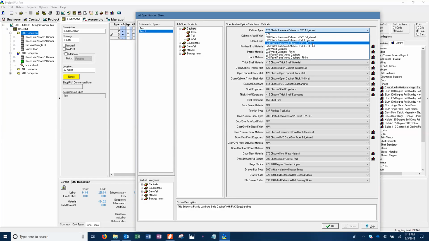So you got plastic laminate edge banding, plastic PVC edge banding with a finished interior, or plastic laminate edge banding with a finished interior. You've also got wood cabinets with a finished interior, as well as it appears you do face frames sometimes. So you have the ability to change it to a face frame cabinet, which is going to add solid and add lumber and add all kinds of things. Okay, so choose plastic laminate,